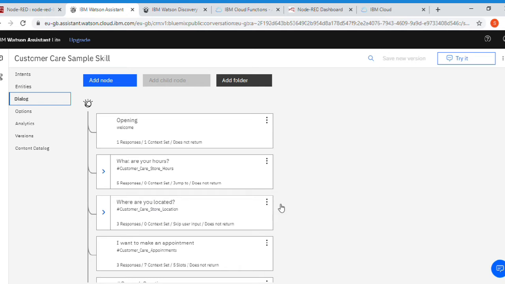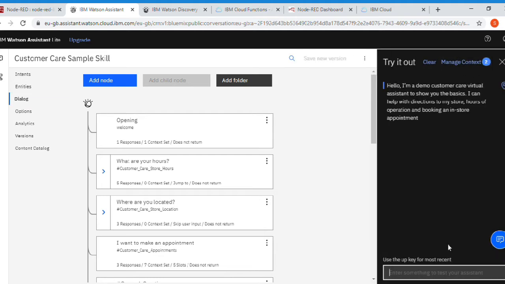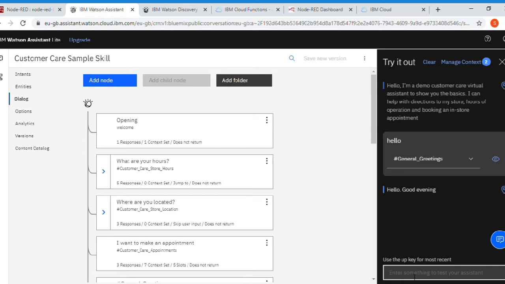We can go to the try it out section and check whether it works properly or not. I will just input hello, and it will answer, good evening.